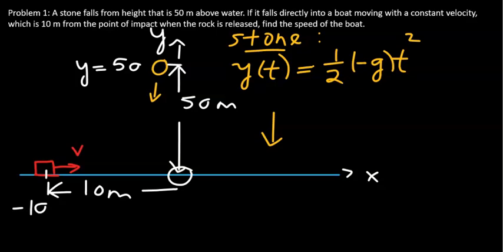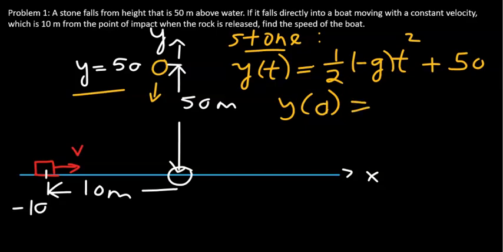It falls from rest, so the initial speed for the stone is 0. So there is no ut term there. And y naught, or the initial position of the stone, is y equals 50. So you have to add that 50. So note that at t equals 0, y is 50, as it should be. Next,